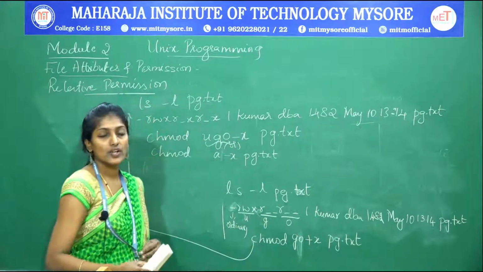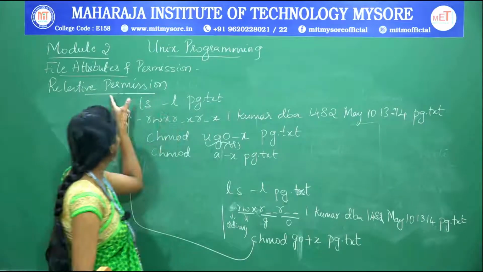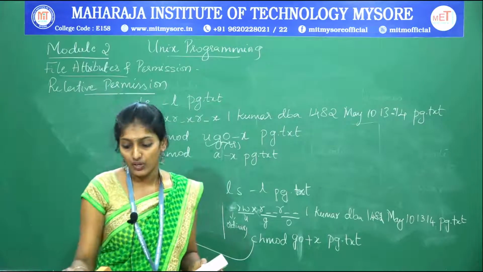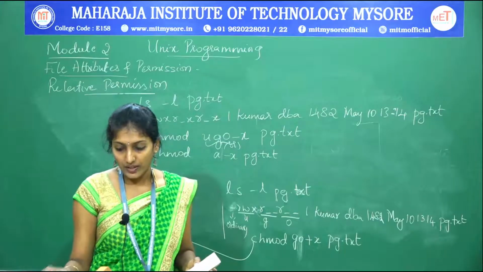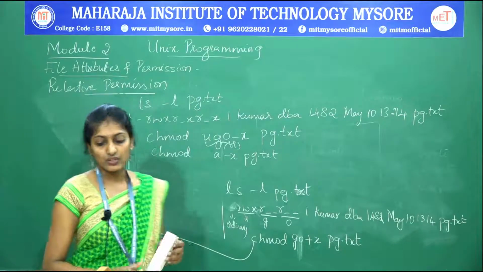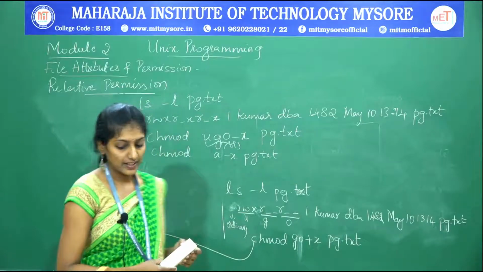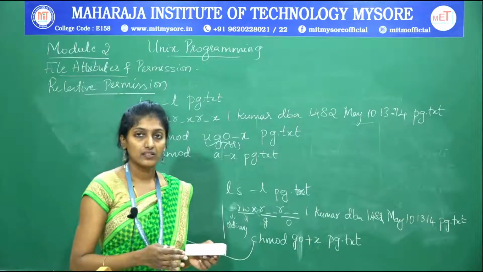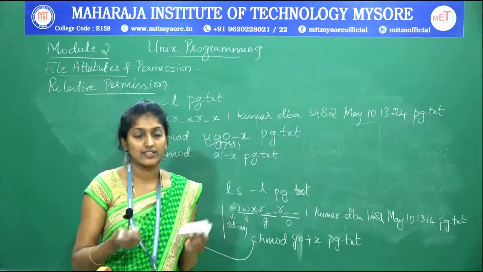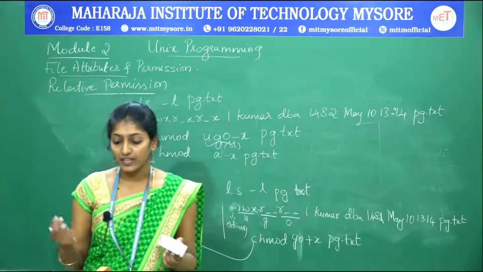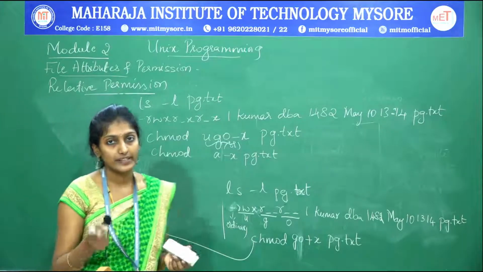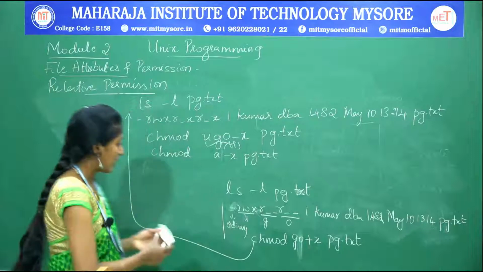So this is how you change your file permission using a relative permission mode. This is one simple example I have shown you of how you are going to change or access the file permission. Now, what if you copy the content of a file from one file to another file? At that time, what will the file permission output be for that copied content file? I will show you that also.